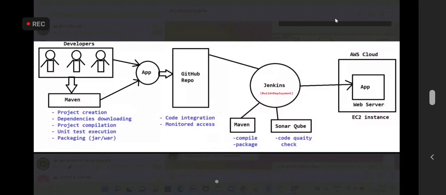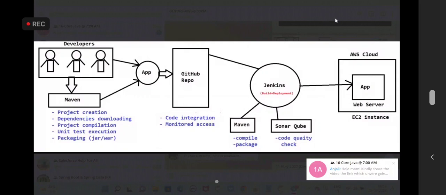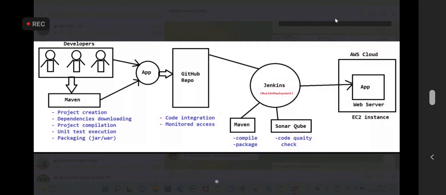So you will configure SonarQube in your local system. You are going to do the code testing in your local system also. Whatever code you have implemented, you are going to test that code in your local system. Once it is done from your side,